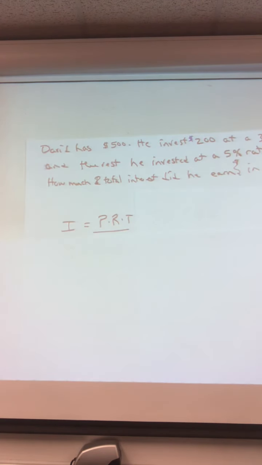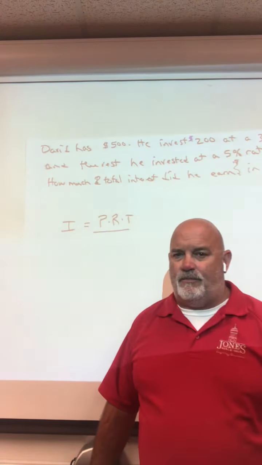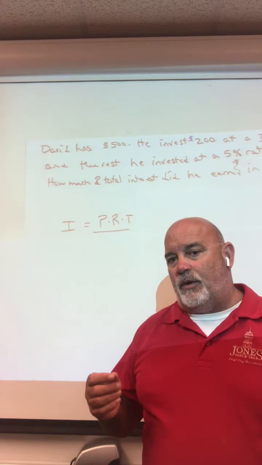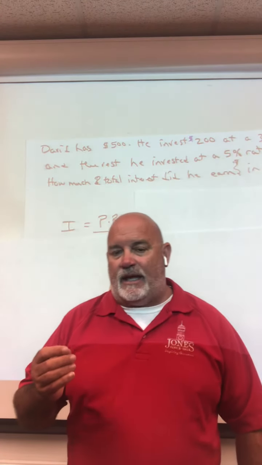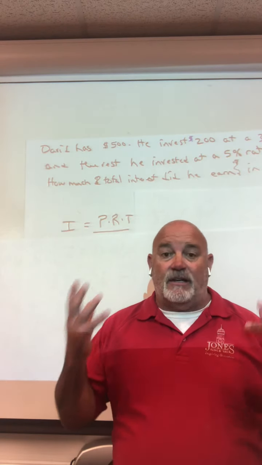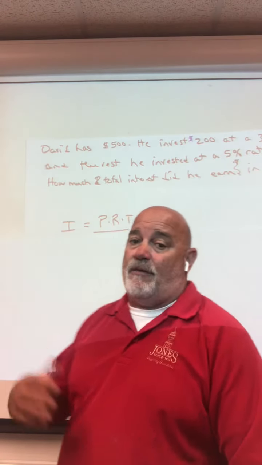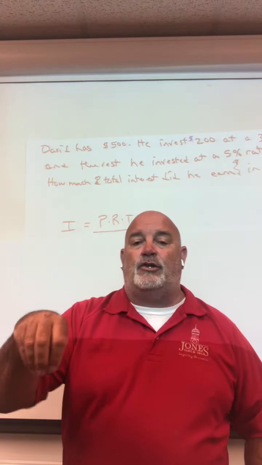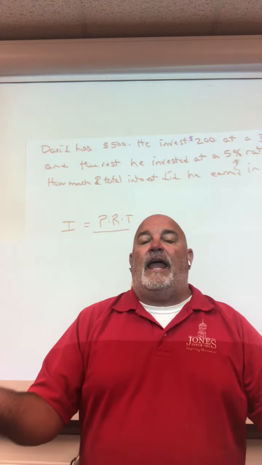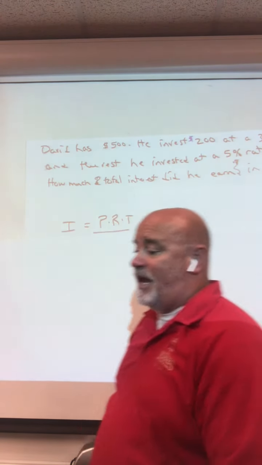So let's start with our formula. Interest equal to principal times rate times time. Now, this formula is not going to work. And the reason it's not going to work is this. Is David making one investment or 2 investments? He's making 2 investments. He's making some at a 3% and some at a 5%. So he's getting interest off of 2 different places. So now, because he's getting interest off of both of them, it's not going to be interest equal to principal times rate times time. It's going to be